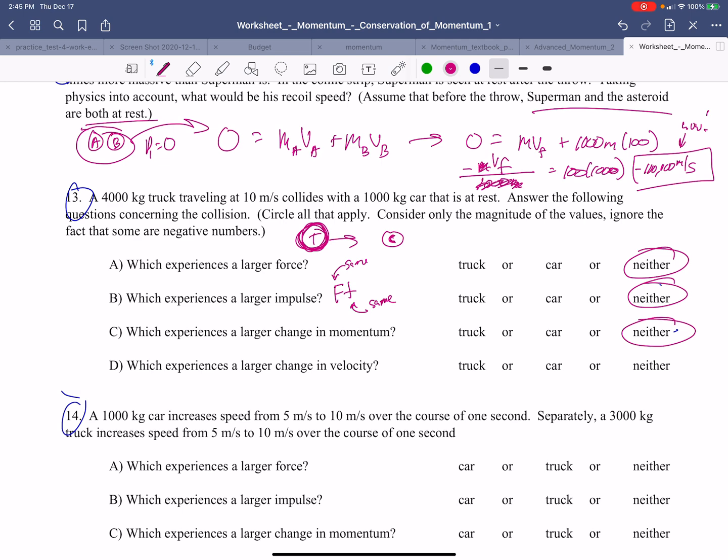Which one experiences a larger change in velocity? Now, you could calculate this one out if you wanted to. It's not that hard to do. It would be 4,000 times 10 plus 0. That's the initial momentum. It has to equal, now they're going to stick together. Wait, are we? Oh, yeah, so we'll imagine this is an inelastic collision. Oh, sorry, we'll imagine this is an elastic collision. So this will be